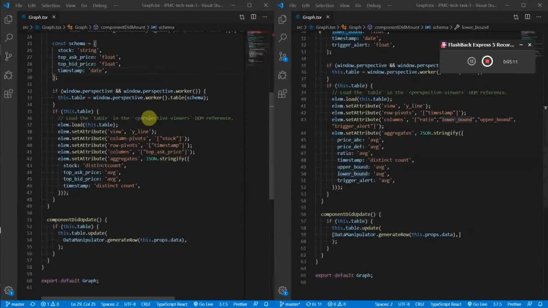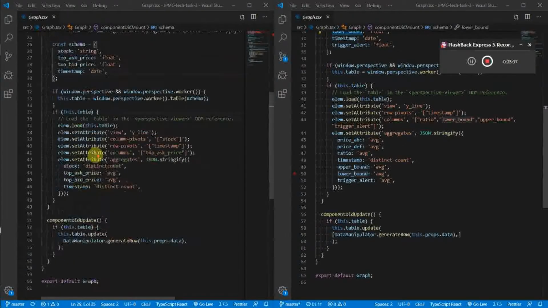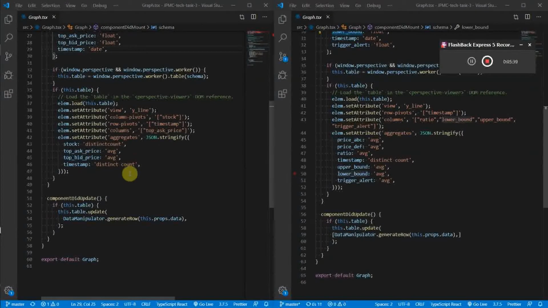Next, to configure our graph, we need to add some attributes here, because in the previous task we added these attributes, but in this task, according to the requirements, we need the ratio, the upper threshold, and the lower threshold. Accordingly, we have to change these attributes. This is in componentDidMount. componentDidMount runs after the component is mounted or rendered in the DOM. As we are changing the data every 100 milliseconds,